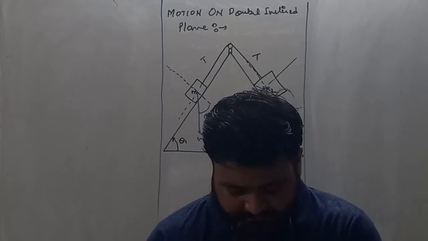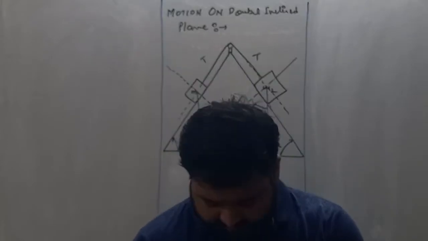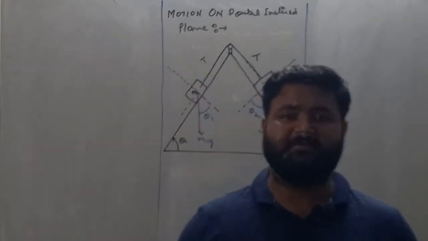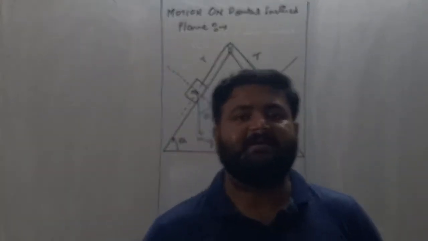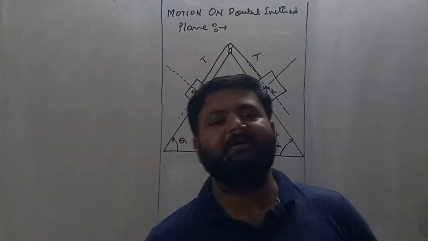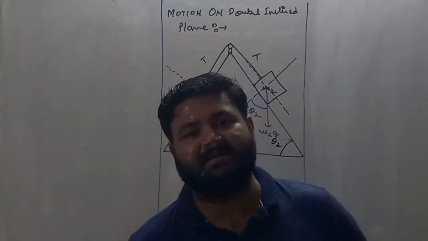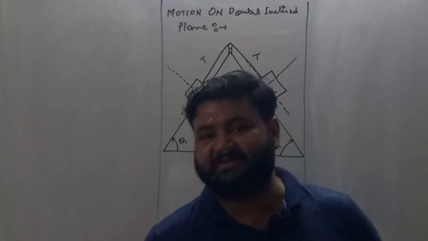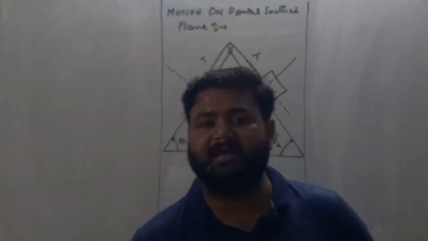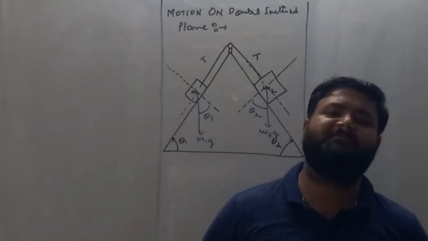It's your sixth lecture. In the previous lecture we discussed the motion of blocks in a pulley block system, in which we got the value of acceleration. It is the mass of the bigger block minus the mass of the smaller block, times g, upon the mass of the bigger block plus the mass of the smaller block. And after getting the value of acceleration, we found the value of tension. It is T equals 2 m1 m2 g upon m1 plus m2. So I hope you are all aware of all the numericals. You'll go through every video.